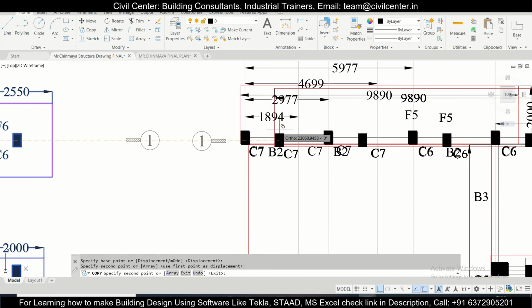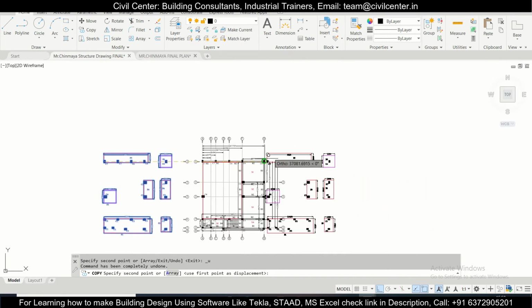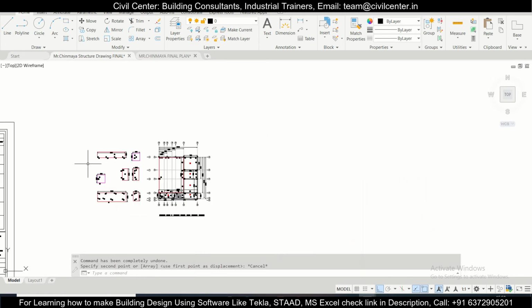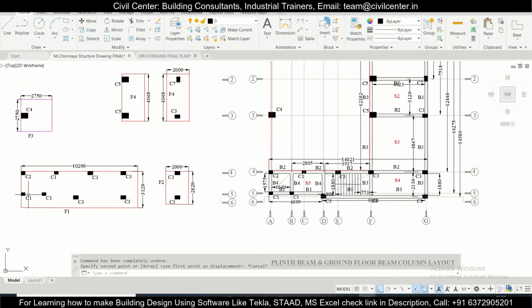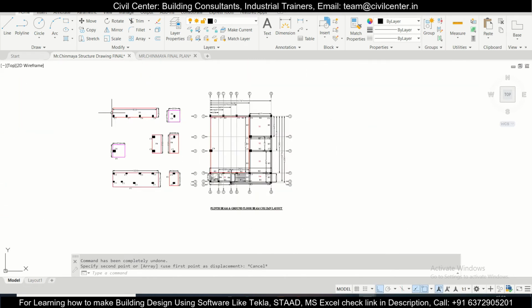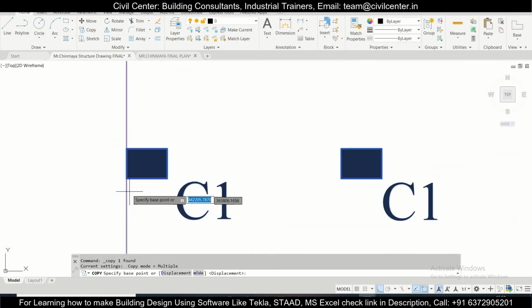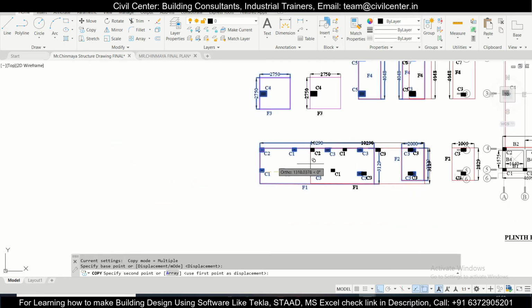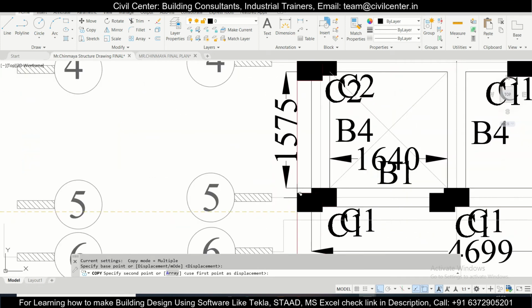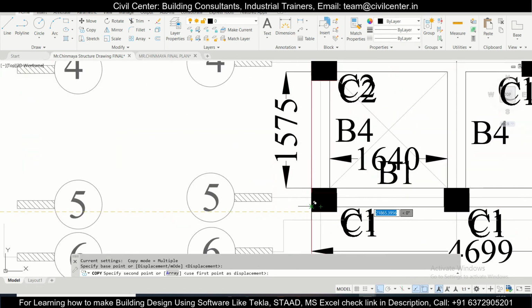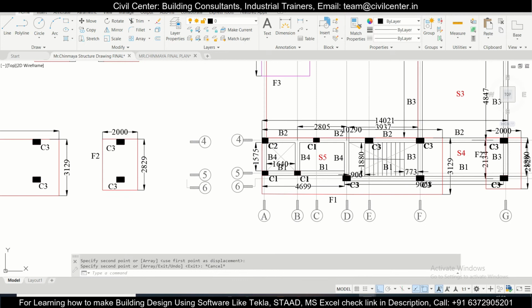Okay, we've done something wrong. Just press Ctrl+Z here, so we'll take a better reference point this time. I think the corner of this column will be a better reference point. Select this, copy, and then the corner of this column to the corner of this particular column. Now it's all good.